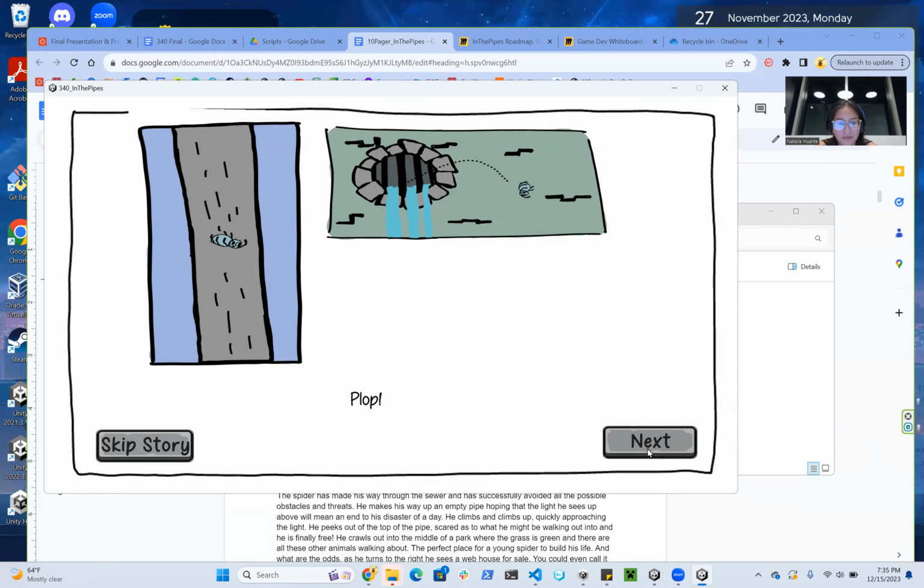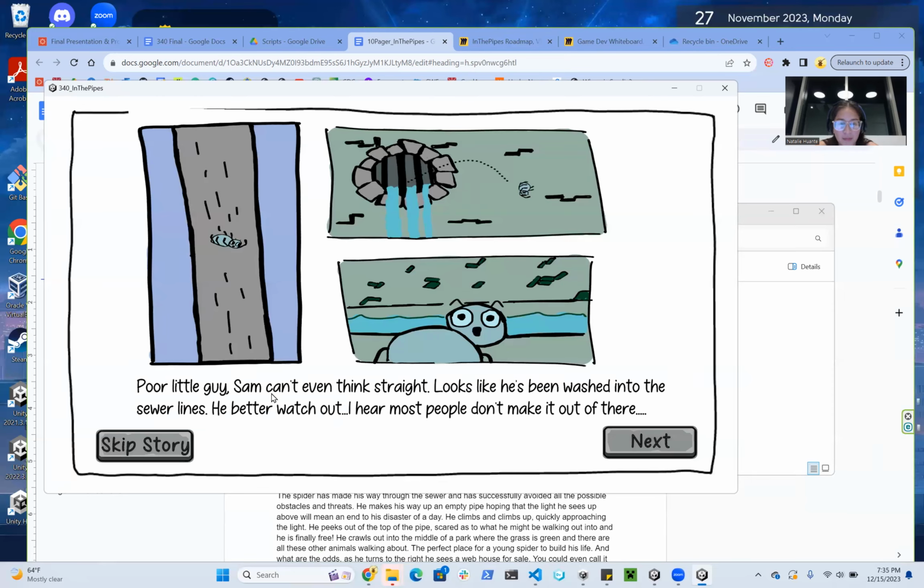Plop, you're plopped out. Poor little guy, Sam can't even think straight. Looks like he's been washed into the sewer lines. He better watch out. I hear most people don't make it out of there. So now you're prompted into the actual gameplay level. You can enter your name, press enter. You can move the